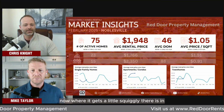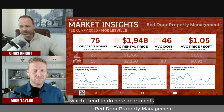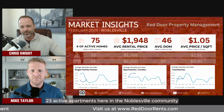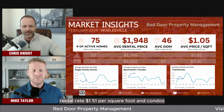Now, where it gets a little squiggly there is in that bottom graph, which, oh, don't let me skip over the apartments and townhomes, which I tend to do here. Apartments, 23 active apartments here in the Noblesville community, 1766 as your average apartment rental rate, 51 cents per square foot, and condos